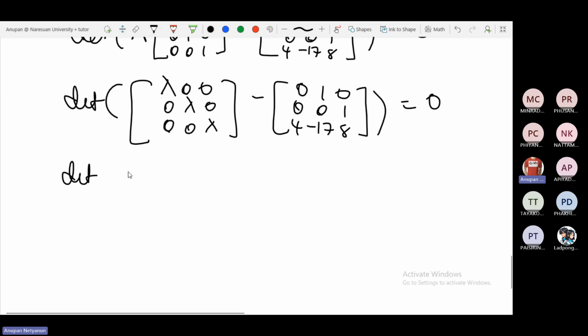You have subtraction, right, so do the subtraction for the corresponding entries: lambda, -1, 0, 0, lambda, -1, -4, 17,